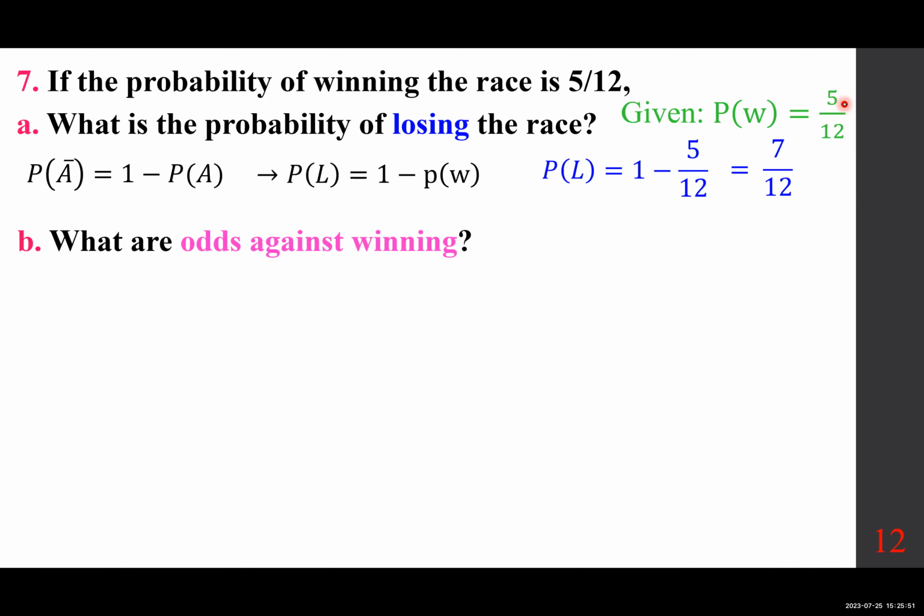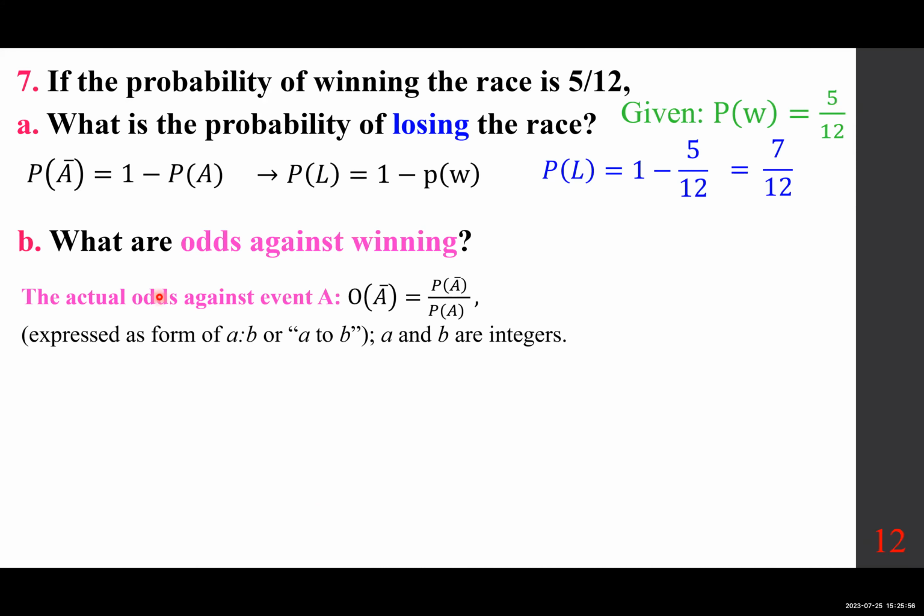What are the odds against winning? So let's discuss the odds. The actual odds against event A, we write it O against A. That means probability of A complement over probability of A. This is by definition. It is expressed in the form A colon B or A to B, where A and B are both integers. So with that being the case,